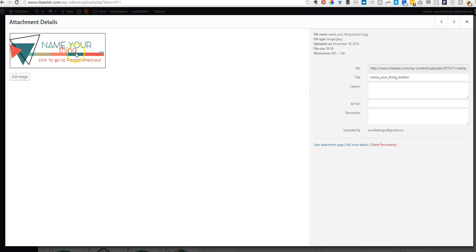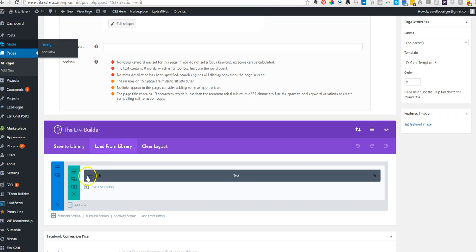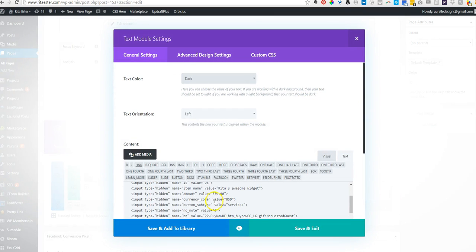This is an actual button. Name your thing. Click here to go to PayPal checkout. So this is a button that I created, or an image that I created to be used as a button. So you're going to triple click on this. Copy it. Go back to my page. I'm going to edit this text. So